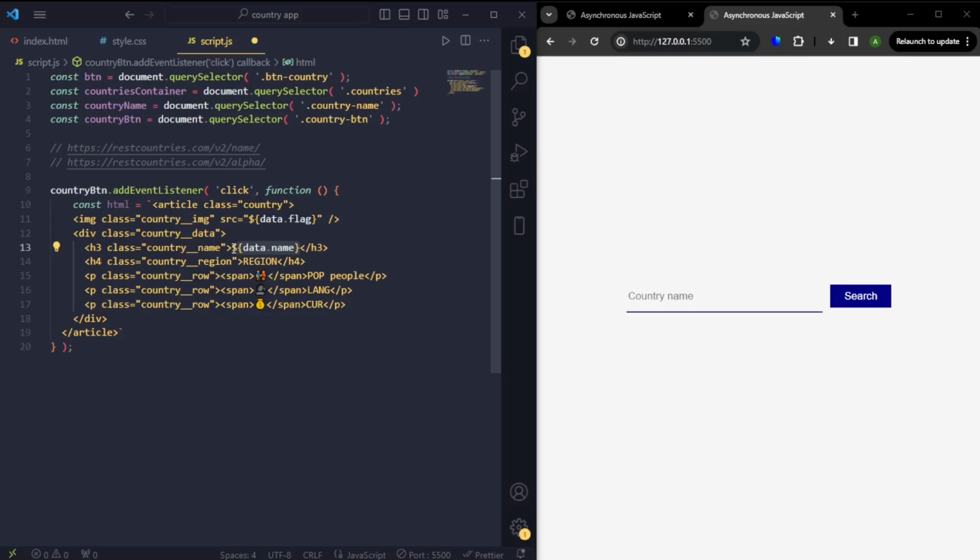Let me just copy this, and this is going to be data.region and the number of people. So I paste this and plus data dot population